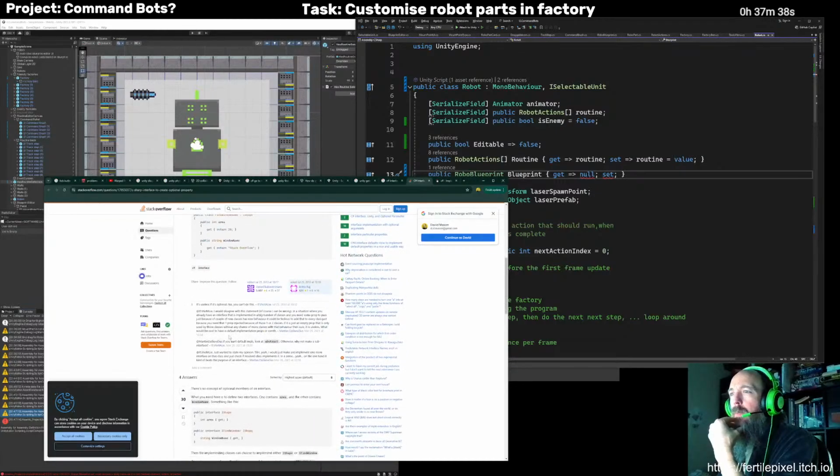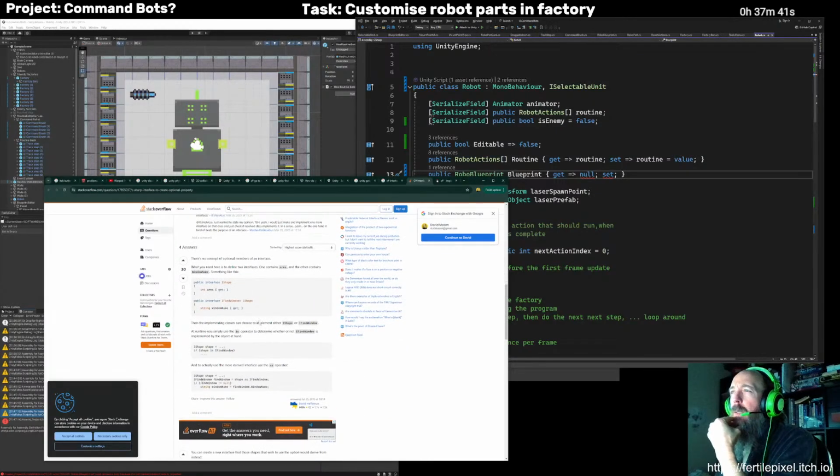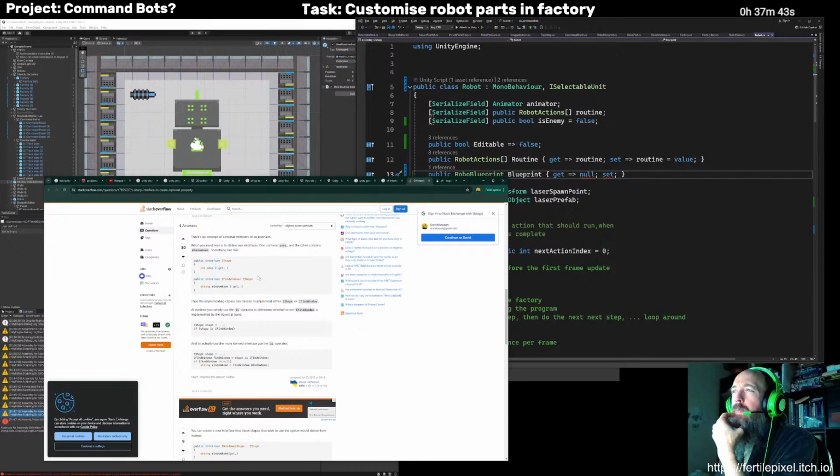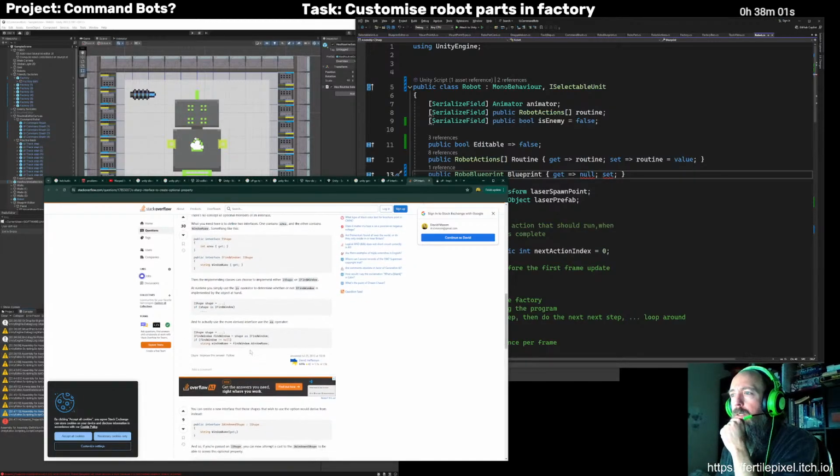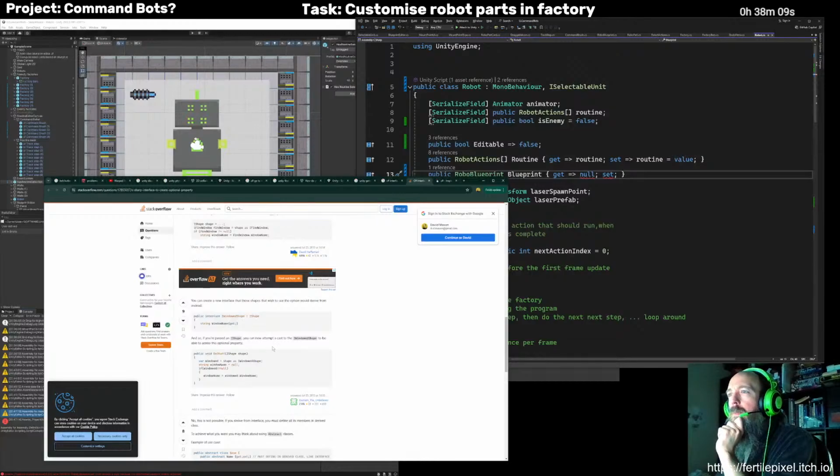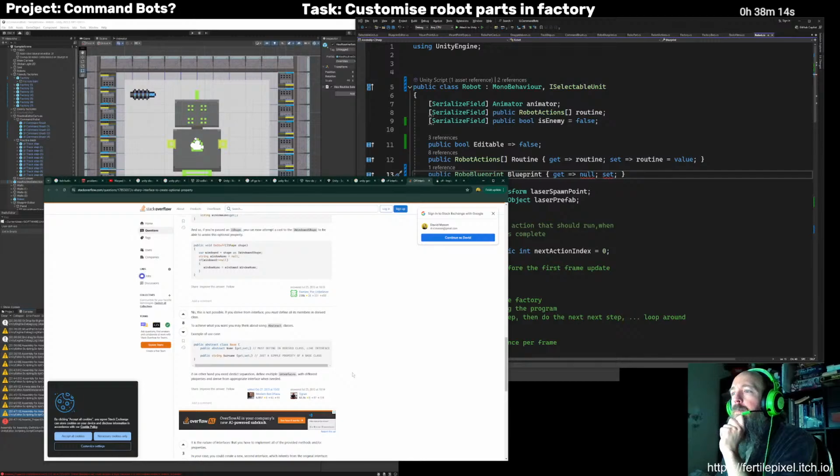Yeah, that's the kind of thing I'm thinking about. Yeah, I could have two. The thing is that whatever interface I'm returning from the selection thingy, that's the one I want to have everything I need on there. So I'm not messing about casting things or checking types. And yeah.